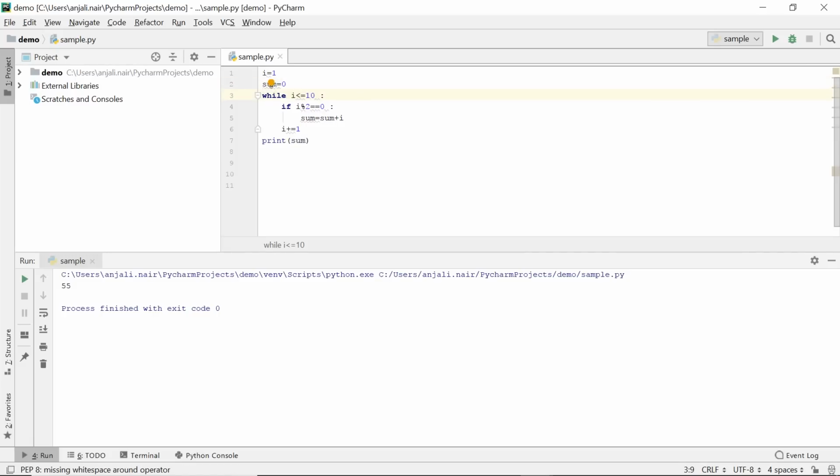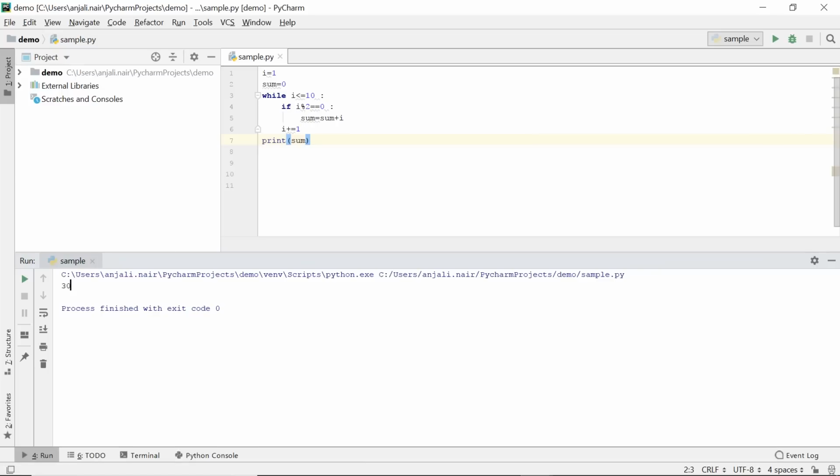Every time our while loop will check if i is less than equal to 10. And every time i is less than 10, we can enter the while loop. Now within the while loop, we need to check if i is an even number, because we want to find the sum of only the even numbers. So if i mod 2 is 0, that means i is an even number, and we can add i to our variable sum. Now whether i is an even number or an odd number, every time we still need to increment i. So our incrementing statement would be outside the if statement and under the while loop. And finally, once we exit the while loop, we'll print our sum. We run the code, and the sum of all the even numbers between 1 to 10 is 30.